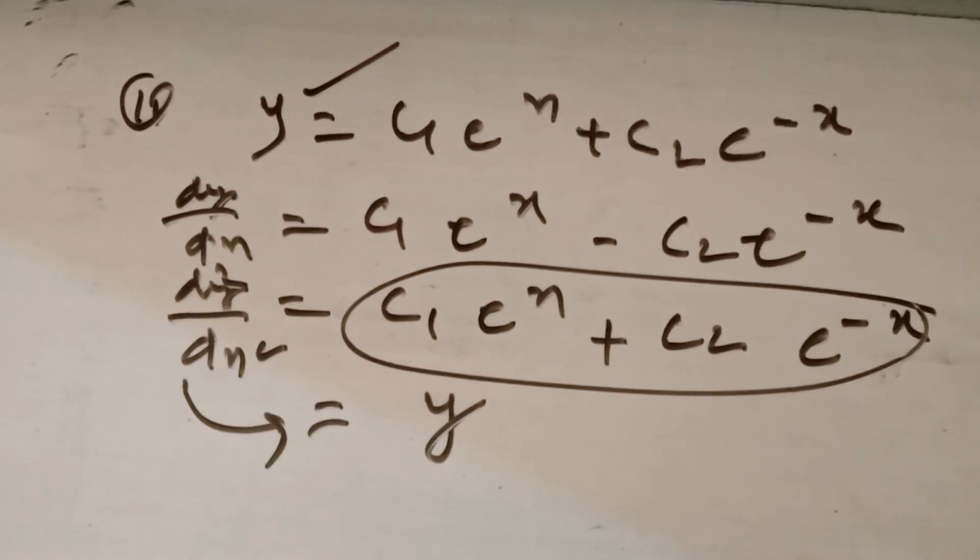Now in question number 12, you can do it easily. 4 equations are given. You have to find which of the following 4 differential equations has y as its particular solution. You find the first derivative, you find the second derivative, and put in the first part, in the second part, in the third part, in the fourth part, which will satisfy. Any one of these 4 will be the particular solution of this given equation. You find first derivative, you find second derivative, and put in first part, second part, which will be satisfied will be the particular solution of the given equation.